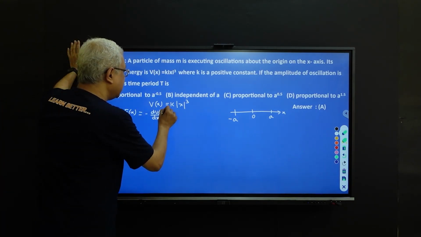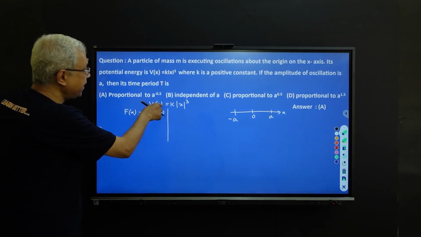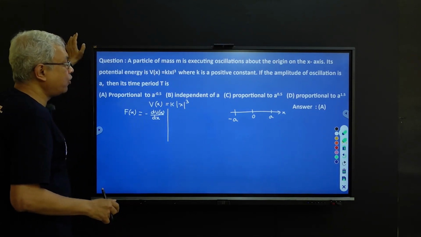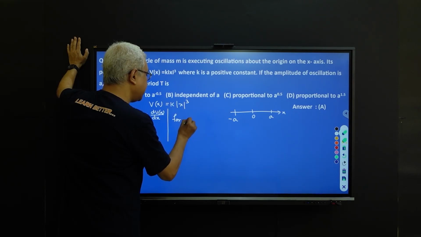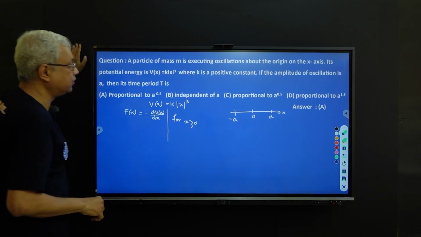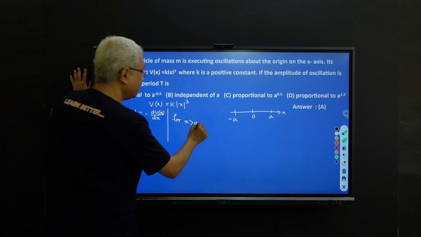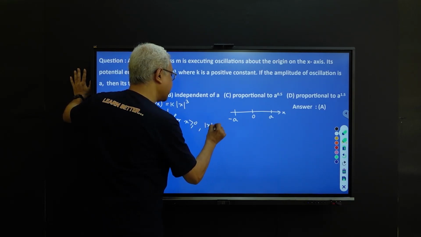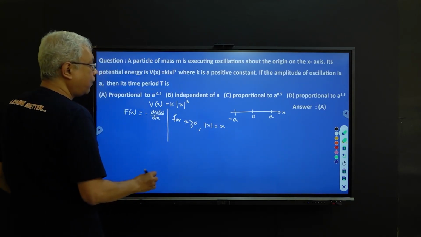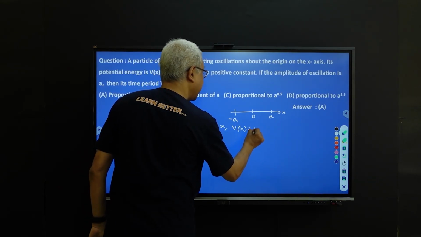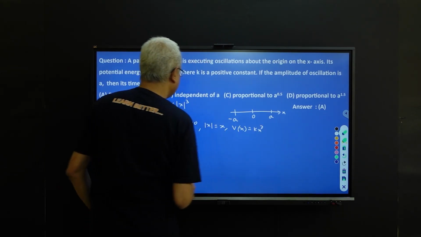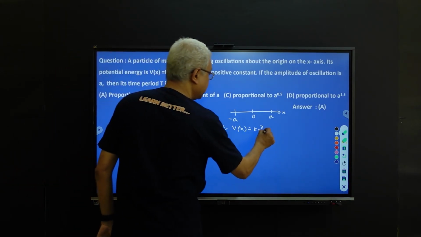So now here it is Vx equal to K mod x cube for x greater than or equal to 0. We know mod x is actually x, and therefore Vx is Kx cube, and therefore